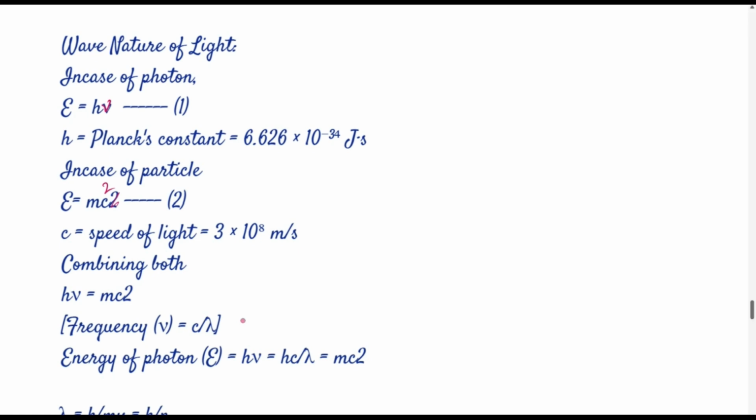But we know that nu is equal to c by lambda. We already talked about it. Velocity by wavelength. So I'm just going to substitute that over here. So h nu, instead of that, I'm just giving mc square. So one c will get cancelled out, and then remaining h by lambda, which is equal to mc,